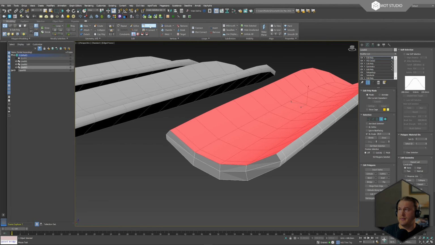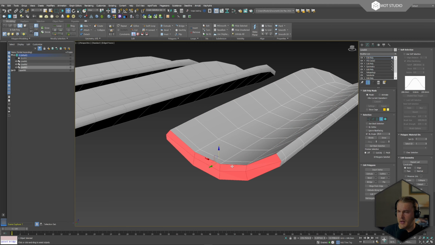Select by angle again, deselect swift loop, and then just quickly scale this down. Scale it down in the axis as well, and then quickly let's move this in like so, not too much,